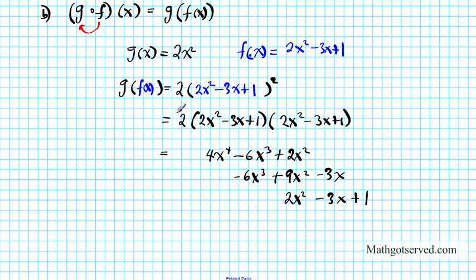Remember, we're still going to double it because of this 2 on the outside. So after we add everything down, we're going to double it. It's 2 that we're multiplying the whole product by. Comes down here. And then we're going to add this whole business. So added down, we have 4x to the 4th